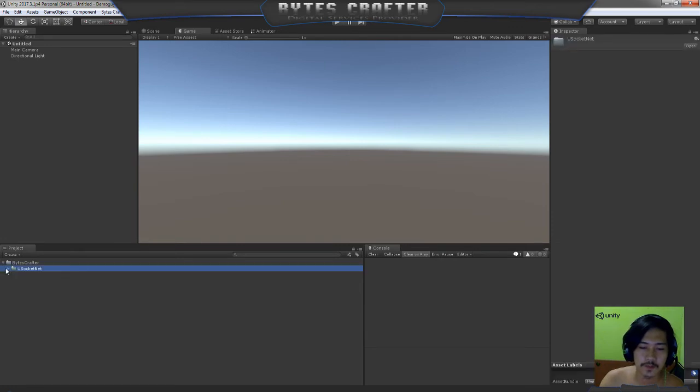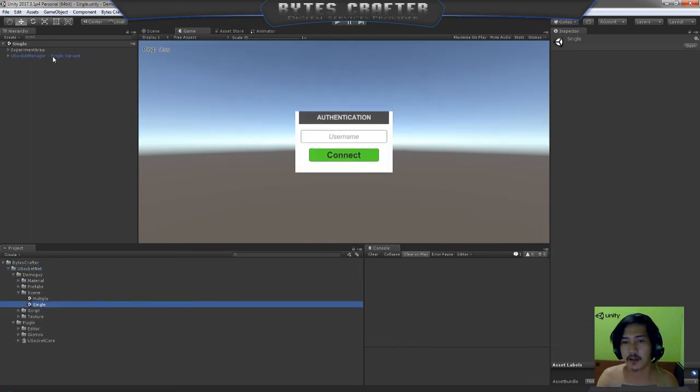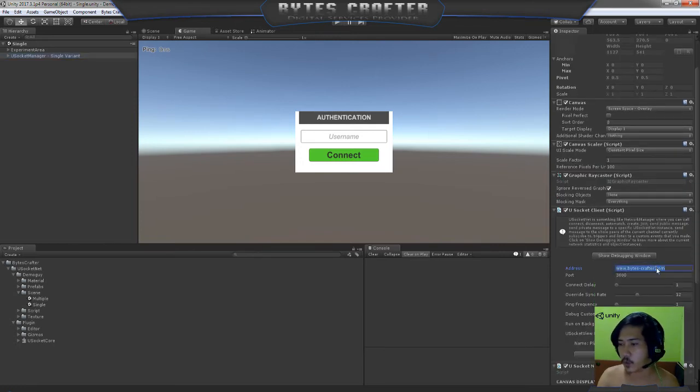So we can go to the demo guy and the demo single. So here, of course, we will try to replace this one with localhost or 192.168, our local IP. Or if you deploy this on your home server or Google Play Games, a Google Play platform server, you should declare the public IP or your domain address. So 192.168.1.7, port 3000, and override sync rate is 1.